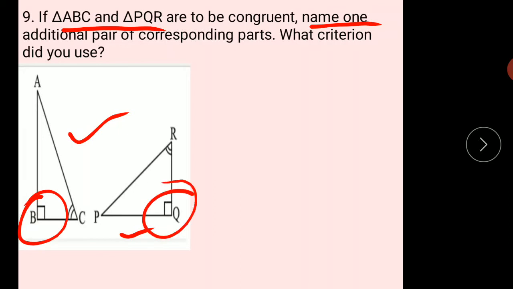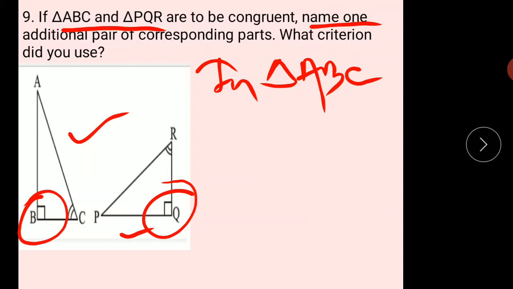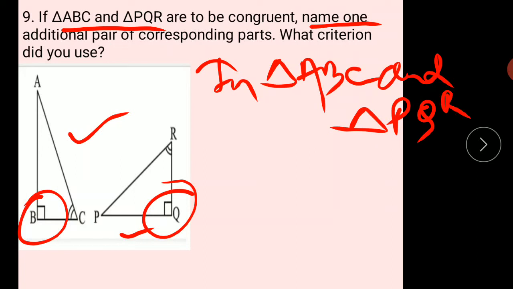So you are going to write, by observing these two triangles, you will write in triangle ABC and triangle PQR. You know that whenever you are proving congruence, you need to have a pair of triangles, right? So this is one and this is another. So this makes a pair of triangles. Okay, so over here, what are the features or the points you can see? It is given in the question.